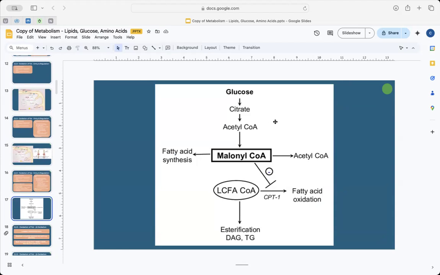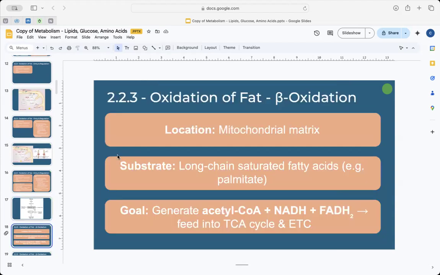Yeah, so this is the regulation there. Cool. So once we've thought about entry and regulation, we've got beta oxidation. The location of that is the mitochondrial matrix, where we've ended up inevitably after we've entered and regulated. The substrate is long chain saturated fatty acids such as palmitate, and the goal is to generate acetyl-CoA, NADH, and FADH2